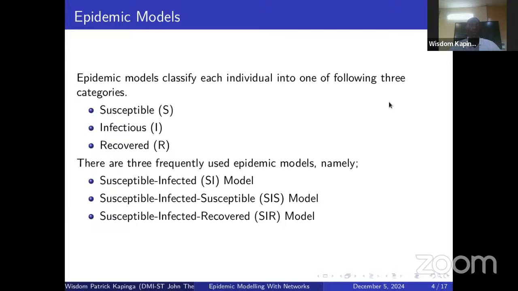And when we look at the susceptible, infected, susceptible SIS model, we're looking at a model whereby individuals who at first were susceptible got infected, but after getting infected, they might heal from the disease. But then after they are healed, they might also be susceptible to the disease, or in danger of getting the disease again. The common example of such a disease is flu. For example, if you get flu and then